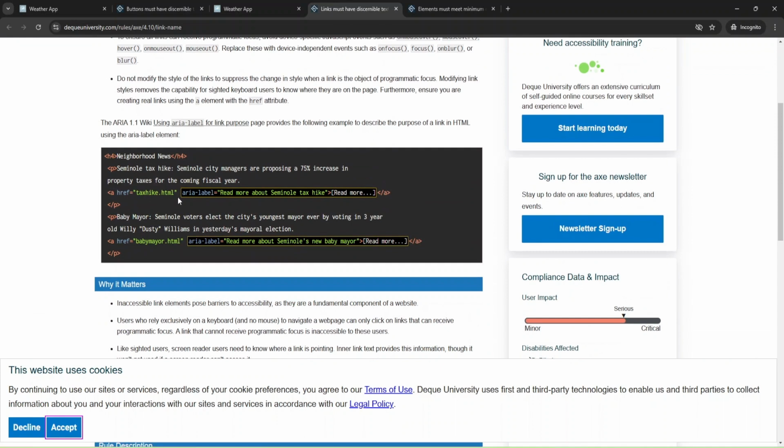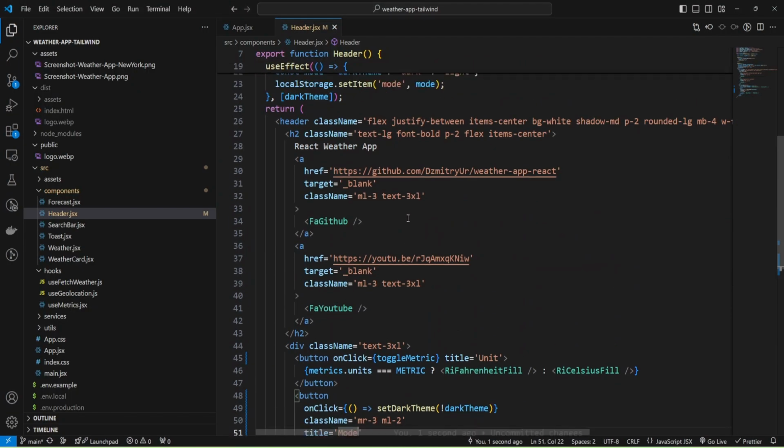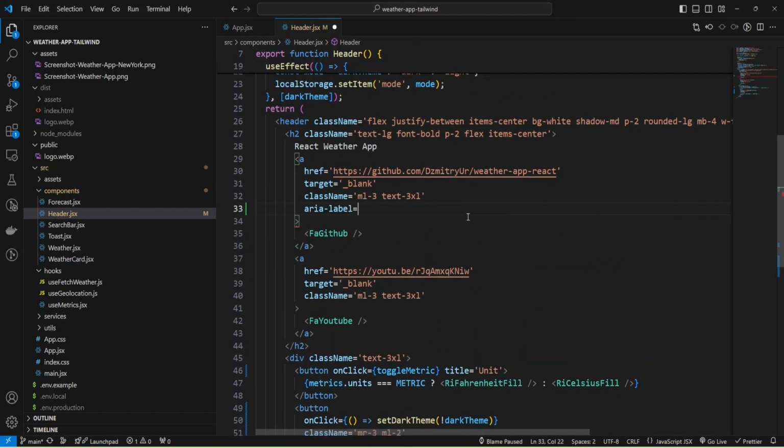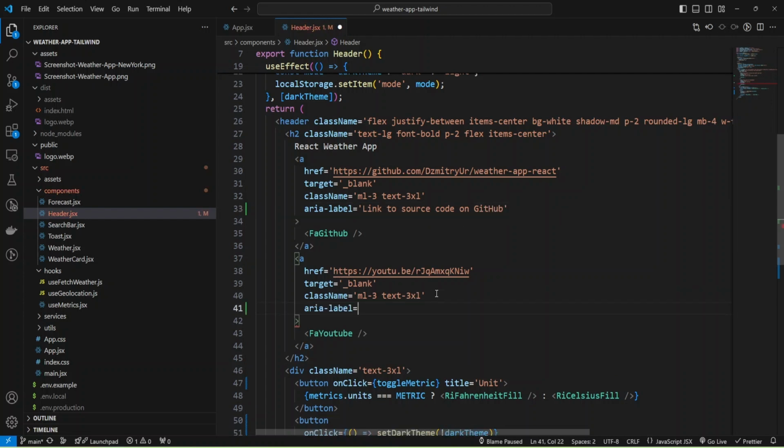Okay, I need to provide an aria-label for my links, and they are also in the header component, and I'll provide an aria-label and add some description: link to source code on GitHub, and here I'll provide a link to YouTube video.